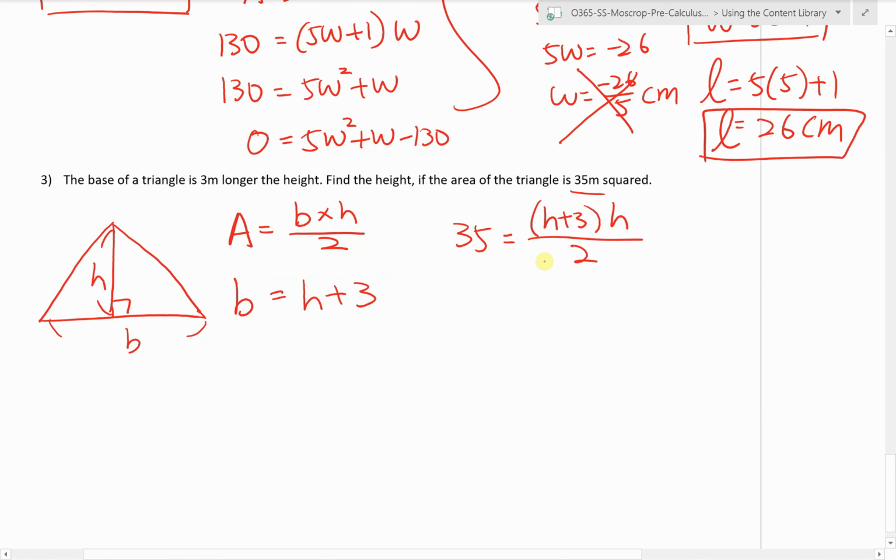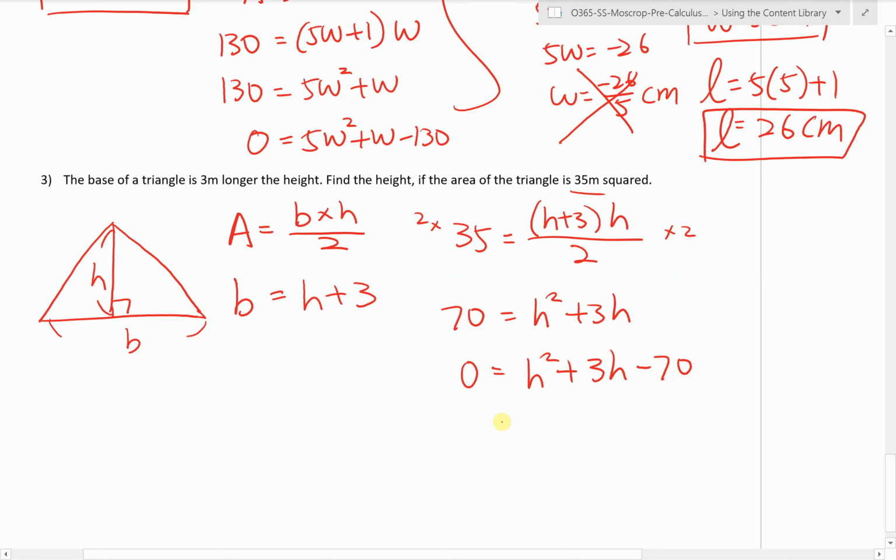Okay, so now I have this equation. Now I do have a divided by 2 here. Recall, we can get rid of that by multiplying both sides by 2. Okay, so then I get 70. 2 times 35 is 70. And I can also expand the top part. h times h is h squared plus 3h. Quadratic equation means I can make it equal to 0, so by moving 70 to the right,